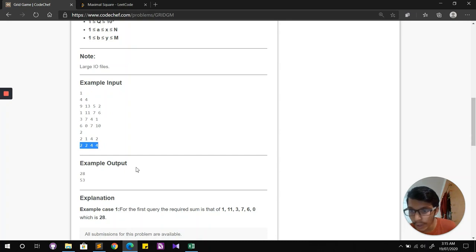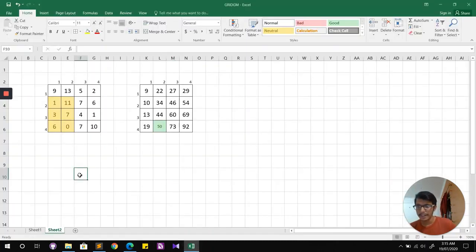There is 2, 2 and 4, 4, right? So let me write it here. 2, 2 and here I'll write 4, 4. So again, the cells in question will be 92. I'll be reading 92. I'll be needing this sum, which is 19. I'll be needing this sum, which is 29. And this element 9 will get subtracted twice, so I'll be needing 9 as well.